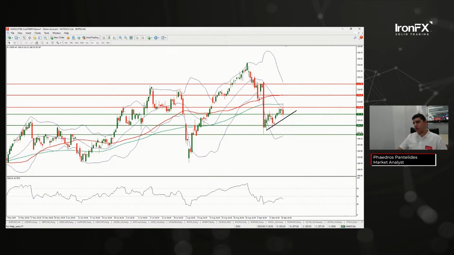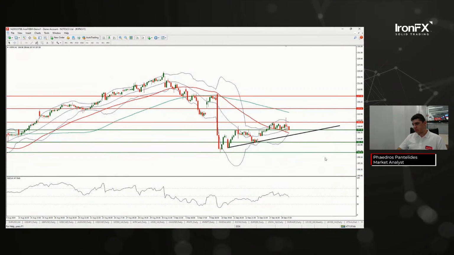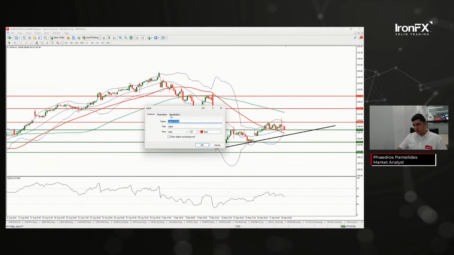Below, bearish. If it breaks below that S1 level, next target could be S2. If it breaks below that upwards moving trend line as well, bearish outlook. If it bounces off, you might be seeing the beginning of an upwards momentum, but it is at the mid range of the Bollinger Bands. Check out the timer. This might be a bear flag, but a bear flag has highs, lows, highs, lows, highs, lows. So not really a bear flag. But still, if we go back to the 1 hour time frame, let's just place it there. Bearish for JP Morgan's stock price, at least for today.